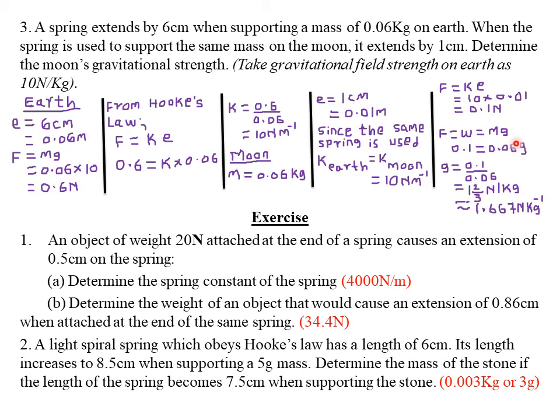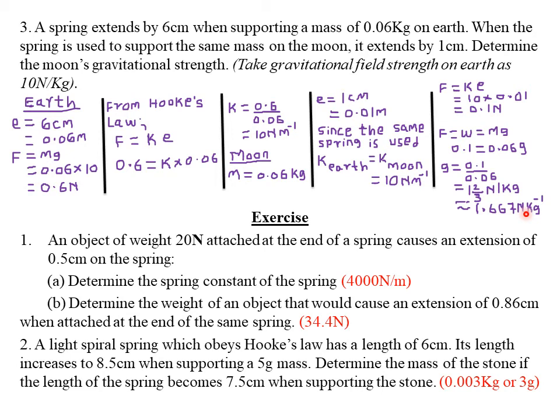So if I try to find g, then that means I will make g the subject of the formula by dividing both sides by 0.6 kilogram. So the 0.6 kilogram on the right hand side cancels out, so that we remain with g being equal to 0.1 divided by 0.06. So you perform this computation, you will actually obtain one whole number 2/3 Newton per kilogram, which is approximately